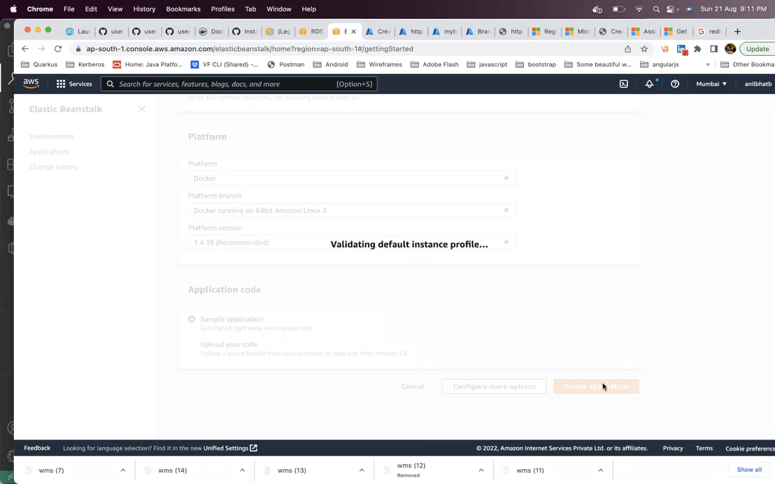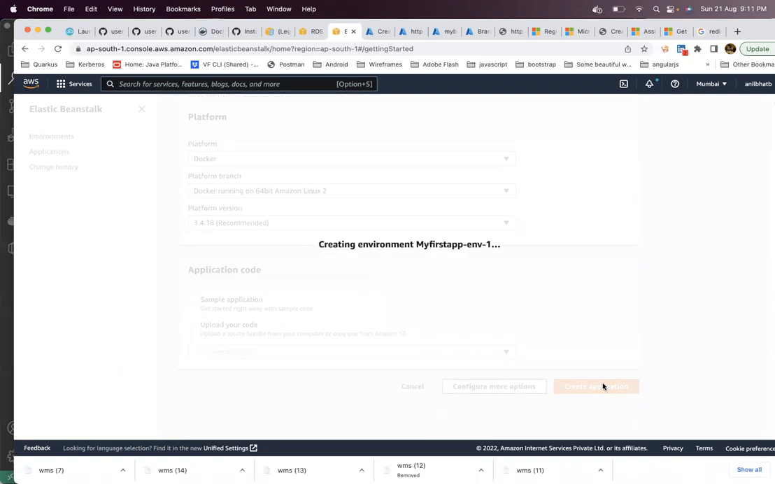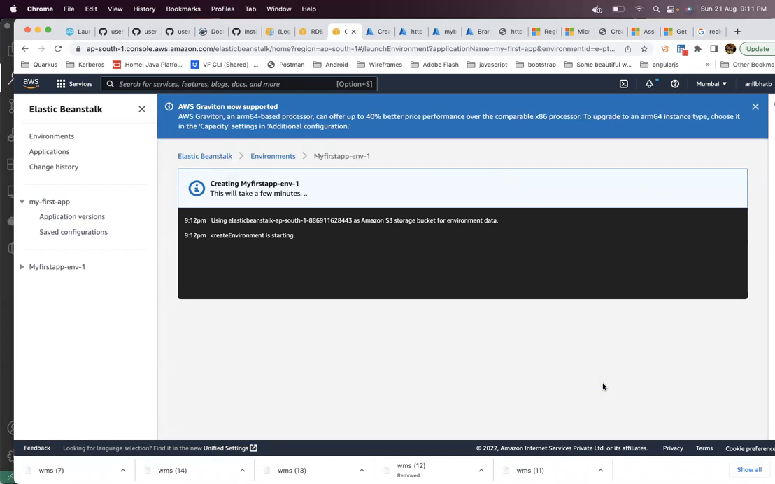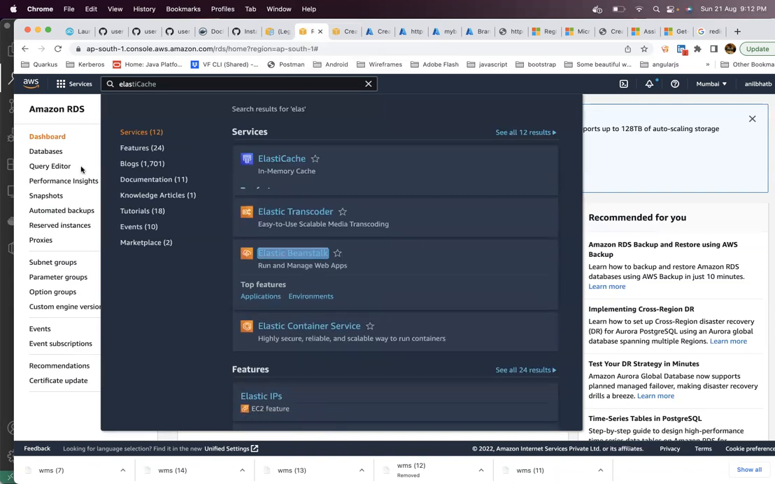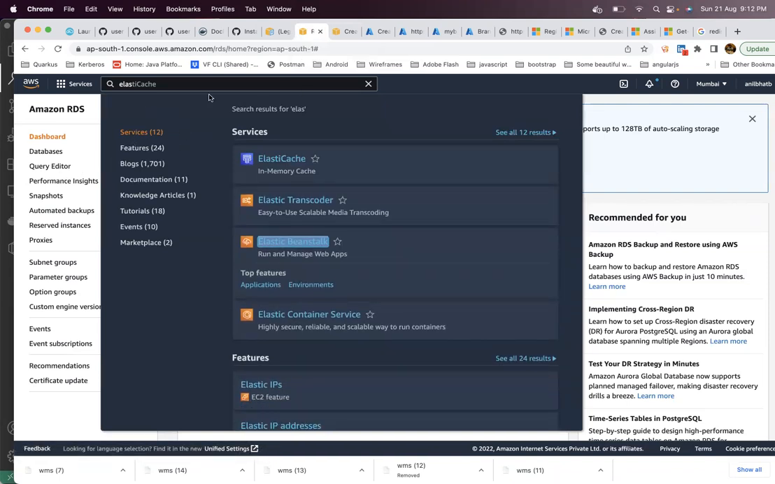So I have started creating the Elastic Beanstalk application with the name my first app. So it will take some time. Let it happen. Let this particular environment for the Elastic Beanstalk be going on in parallel. We will try to create